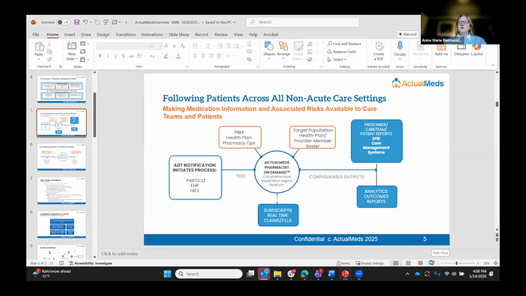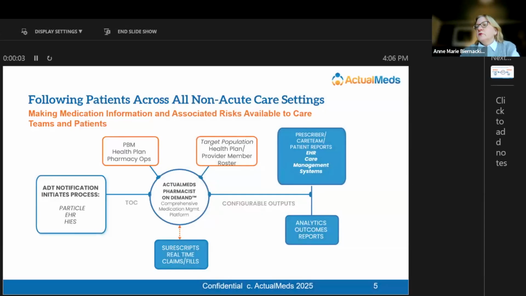So by way of introducing, Actual Meds is a best-in-class turnkey software and services organization that provides medication reconciliation use cases to a variety of different client types, including payers, plans, long-term care networks, managed care organizations, supporting a wide variety of use cases, including transitions of care, for example, out of acute to long-term care or any other care transition modality, adherence management, medication risk management, special programs for disease verticals such as chronic kidney disease, and a variety of other use cases where deep dive medication reconciliation is conducted